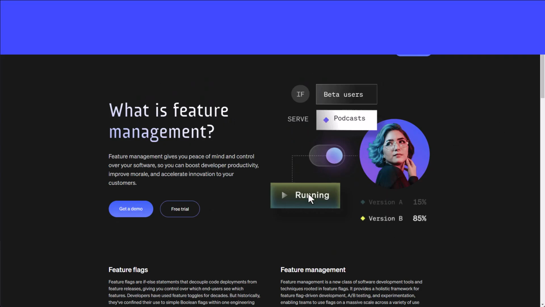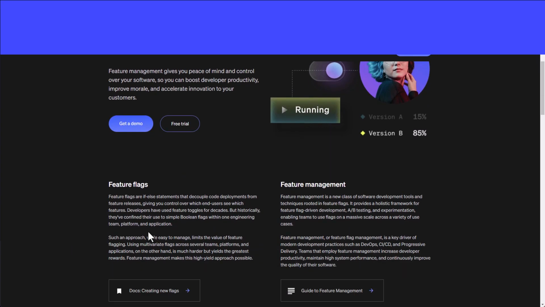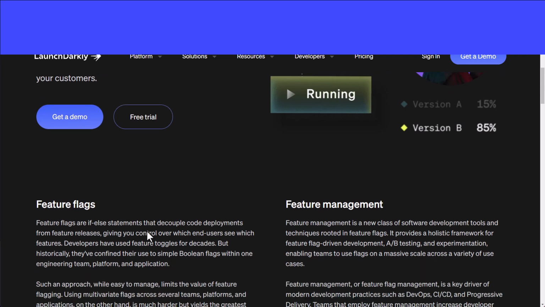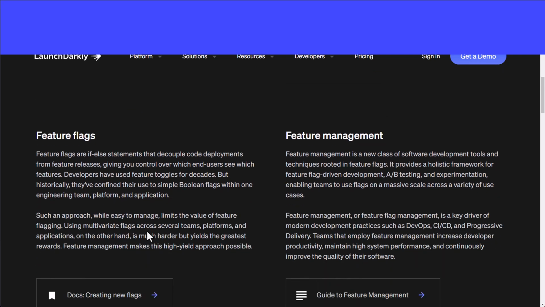So looking at some of the features that this tool has, there is a mention in here about decoupling the code deployments from feature releases. And from a YouTube video I watched related to this, an interview from LaunchDarkly with Autodesk, they mentioned that a big reason why they use this is to release individual features, and instead of rolling back an entire deployment, they roll back a single feature, and they're able to fix that and then roll it back